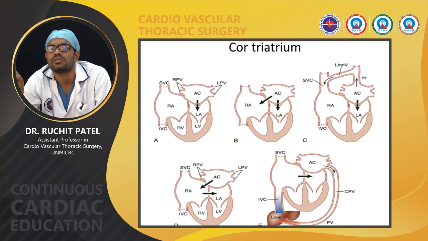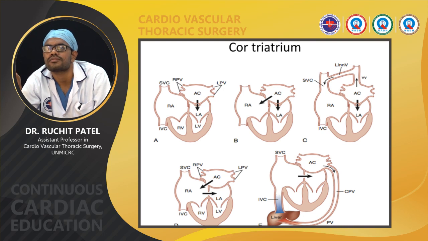So a vertical vein into the innominate vein can be there, maybe an anterior chamber opening into the right atrium through the ASD, or maybe there may be no ASD with a gradient across this anterior chamber to LA anastomosis, and there may be anomalous drainage from the anterior chamber to the right atrium and through the ASD into the LA, or maybe through the common pulmonary vein into the inferior vena cava.